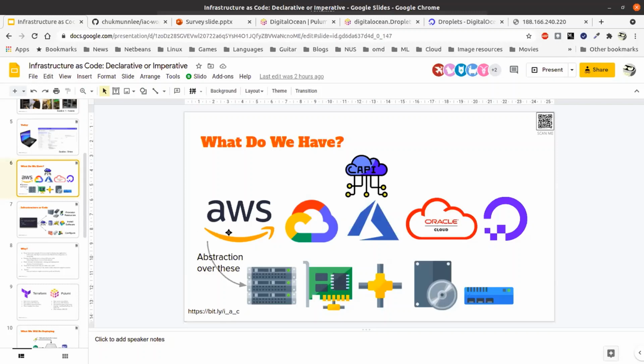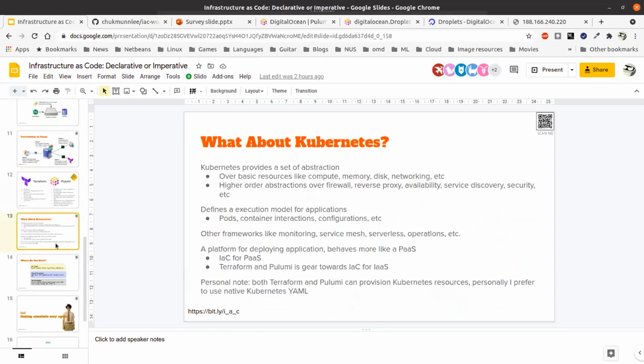You may run Kubernetes on AWS, and AWS provides a managed Kubernetes instance, but really Kubernetes directly manages the servers and the network and the resources that it provisions, right? Kubernetes has its own ideas of resources.